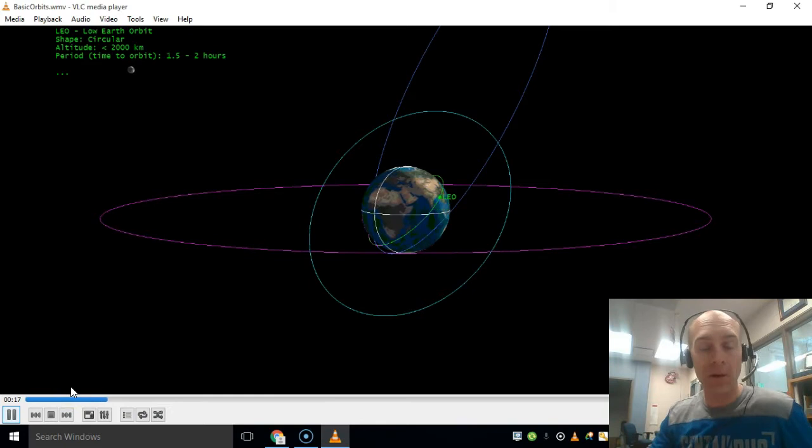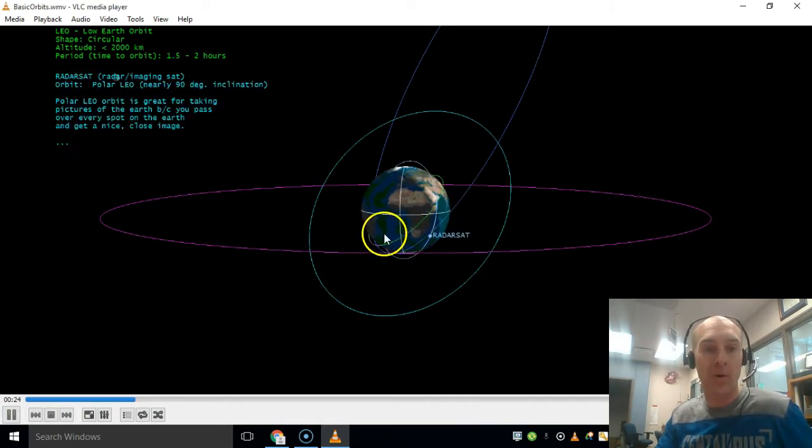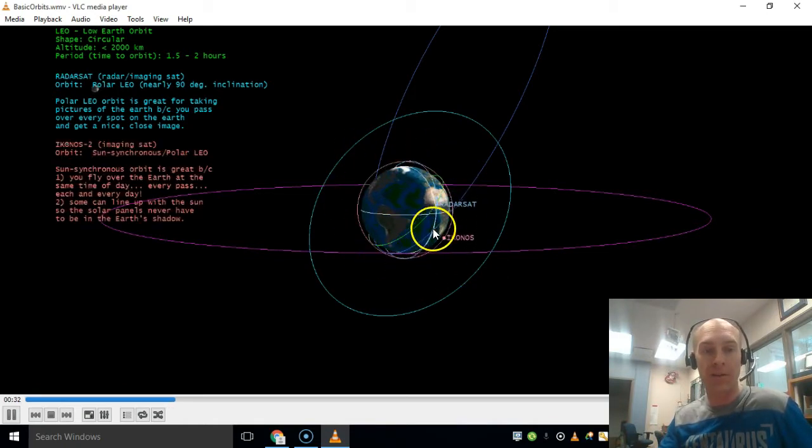Let's first look at LEO, the low Earth orbit. It is a circular orbit, less than roughly 2,000 kilometers, about an hour and a half to 2 hour orbit. RadarSat is a good example of this. It has a polar orbit. Remember, that's 90 degrees, and it's great because you pass over every spot of the Earth,